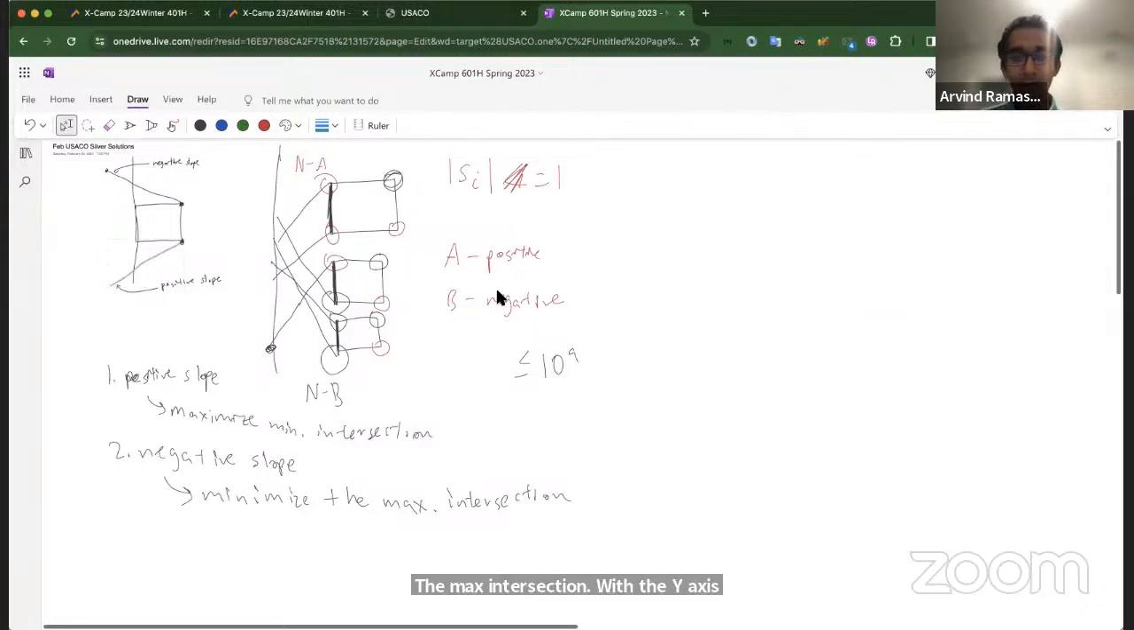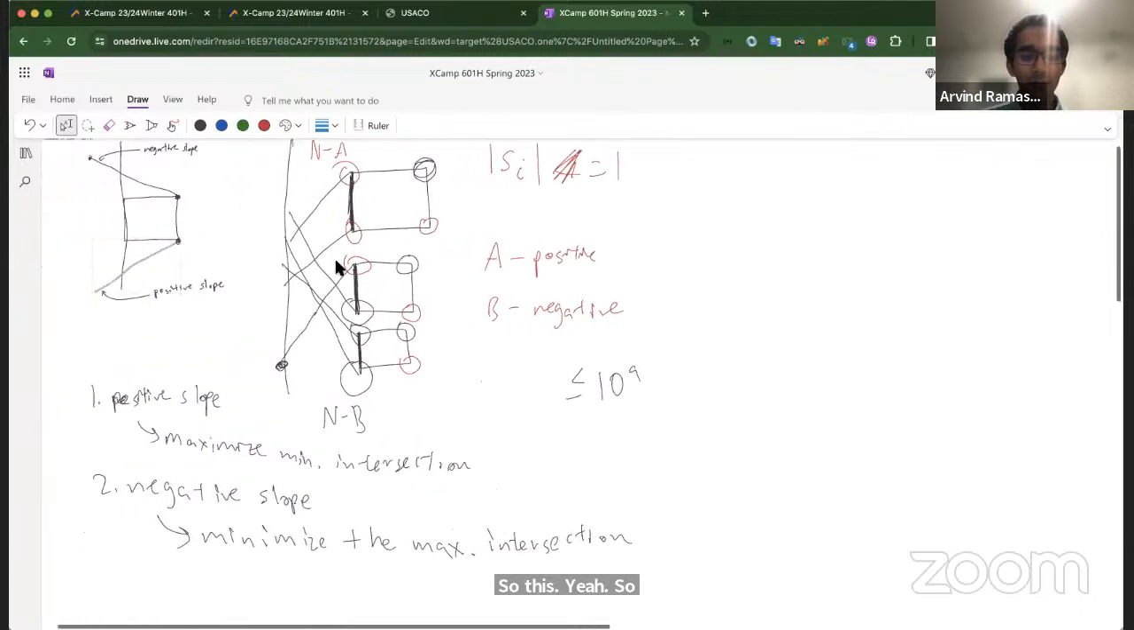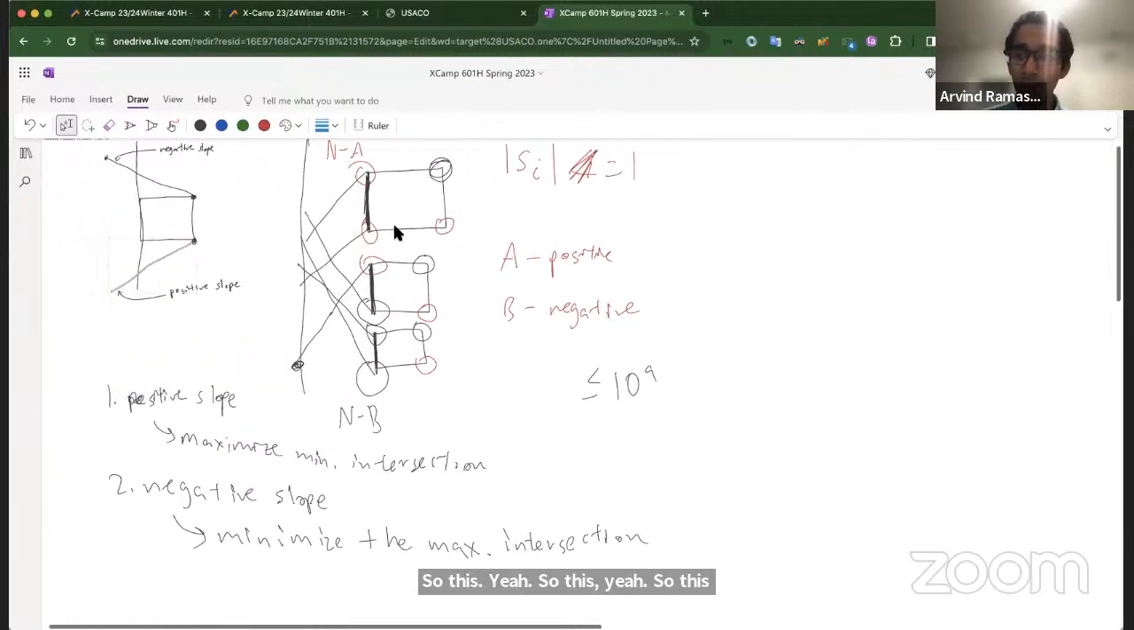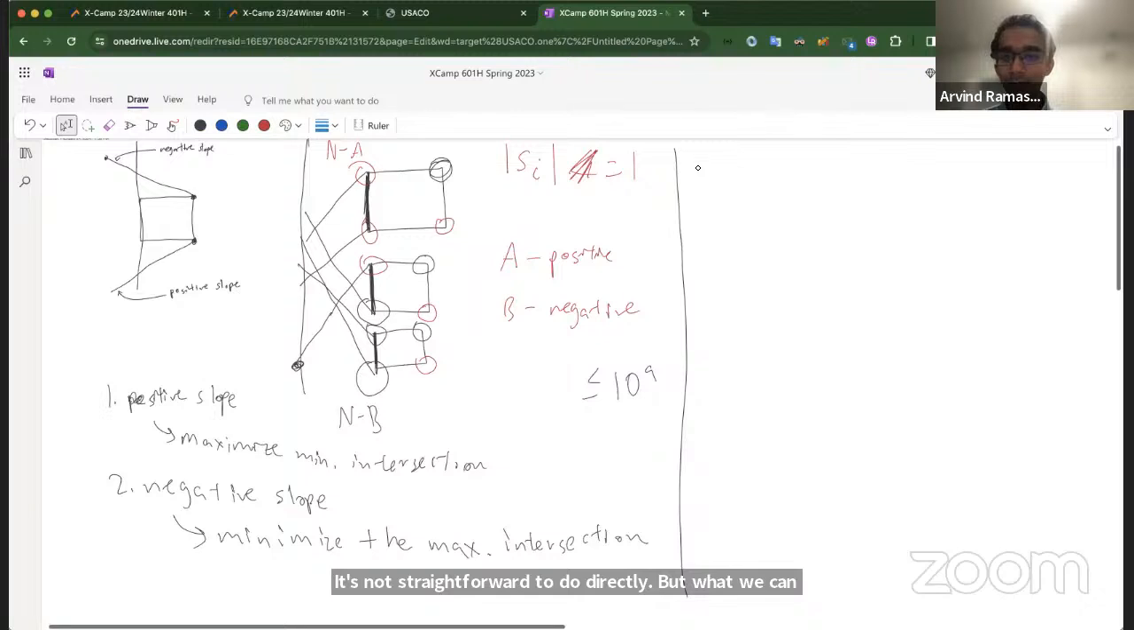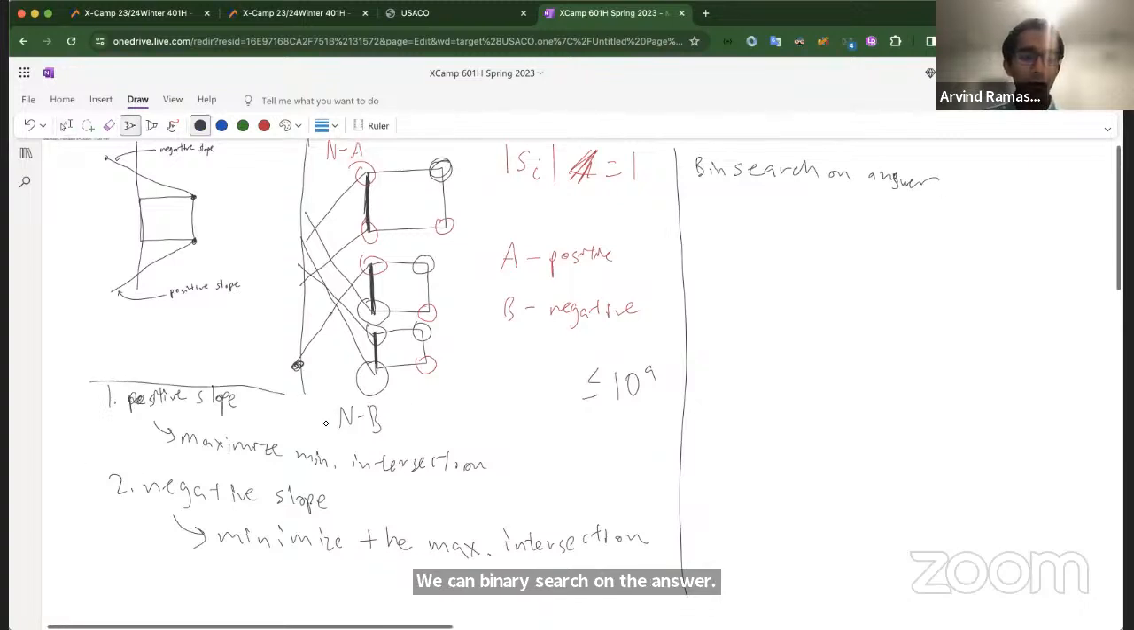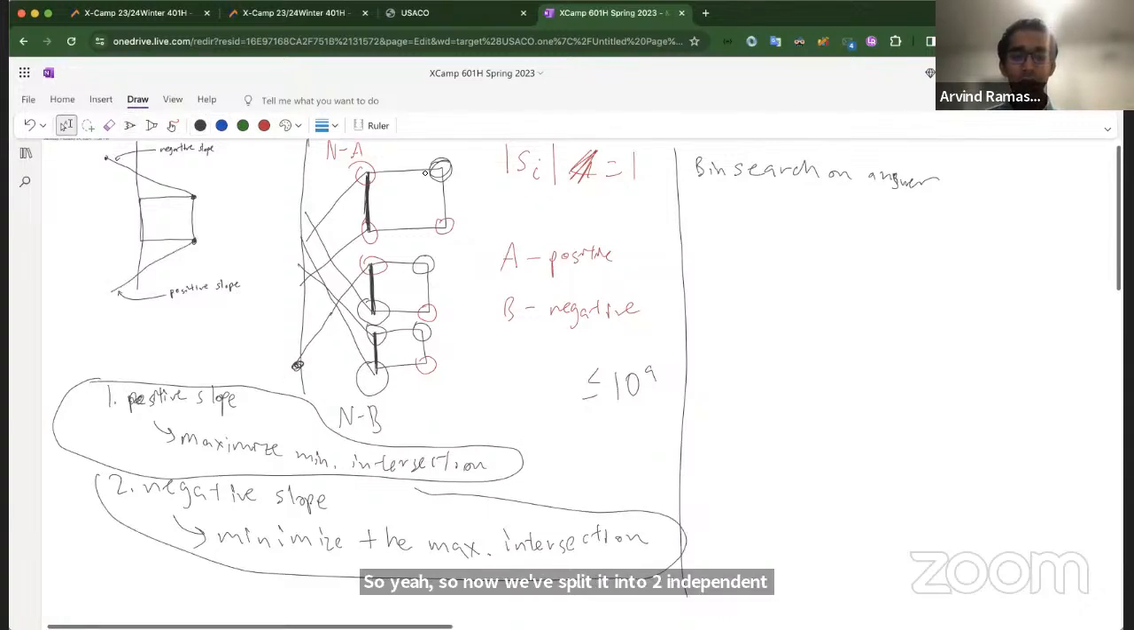So this is not straightforward to do directly, but what we can do is binary search on the answer. So now we've split it into two independent problems. We're only dealing with the vertices that have positive slope and the ones that have negative slope